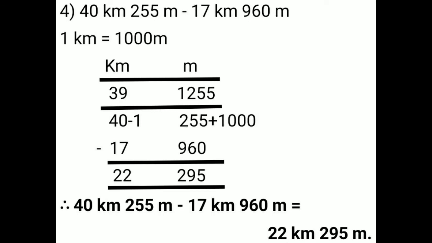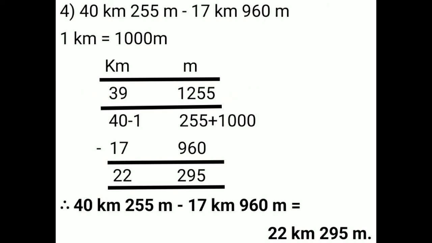The next sum, sum number 4: 40 kilometer 255 meter minus 17 kilometer 960 meter. Here the given two units are kilometer and meter. So we first note down the relation between them, which is 1 kilometer is equal to 1000 meter. On beginning with the subtraction, we realize that we can subtract 17 from 40, but we cannot subtract 960 from 255. So as always, what will we do? We will borrow 1 kilometer from 40 and add it as 1000 meter to 255, which will give us 39 kilometer